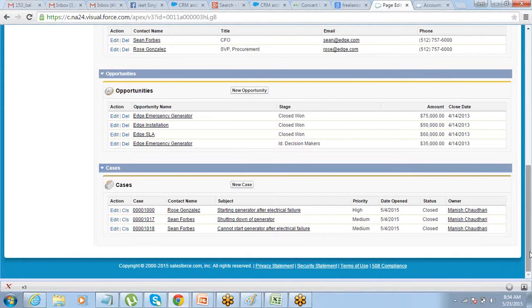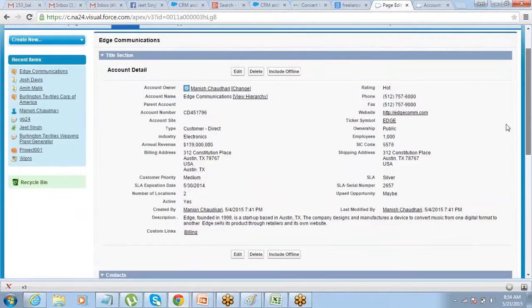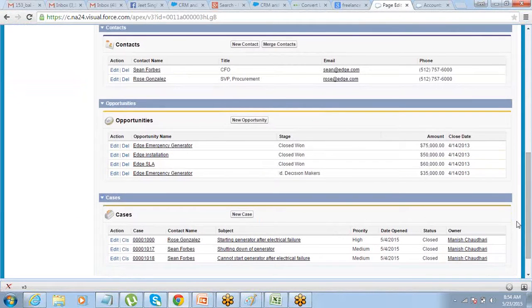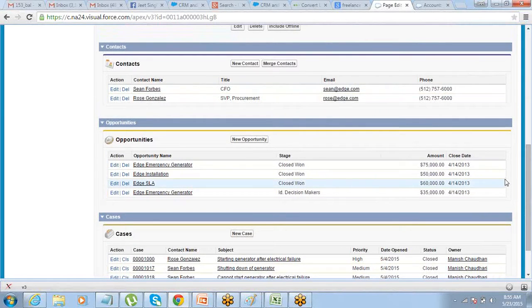Now what has happened is, let's say the company says that this page has become very long. Okay. It requires a lot of navigation, scrolling down and all that stuff. And let's say my end users are not comfortable doing that. It can be a reason, right? Let's say under each related list I have 10 to 15 records. Right now there are 2, 3, so you can easily navigate or scroll down a little and see this. Let's say if there are 15 records per related list, or 20 records, then what do you do?